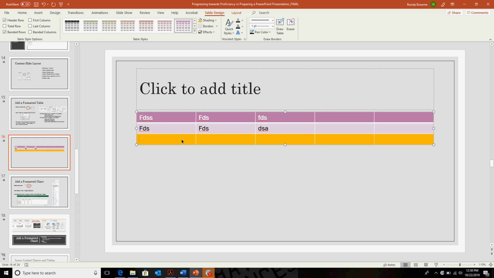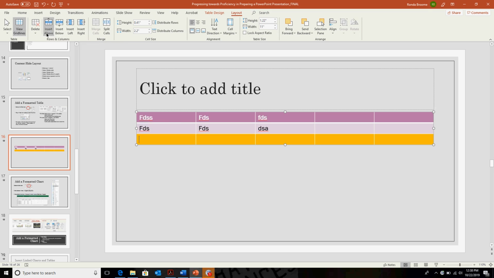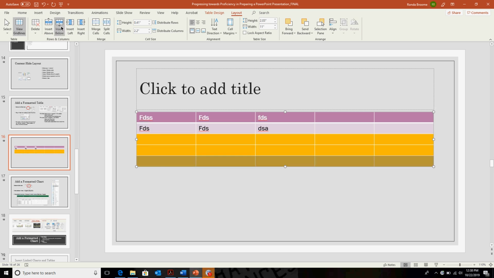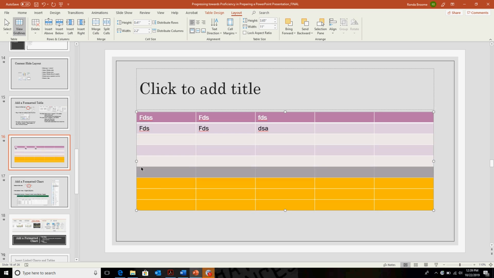Say, gosh darn it, I only have 3 rows, but I need to continue on. You can go up here to Layout, and then here you can add rows. Say I want to add a row above the row that I'm in, which is this last one. I can hit above, or I can insert below. Say I didn't want all of these that color. You can do one of 2 things. You can go to the row that has the color that you want and insert below,